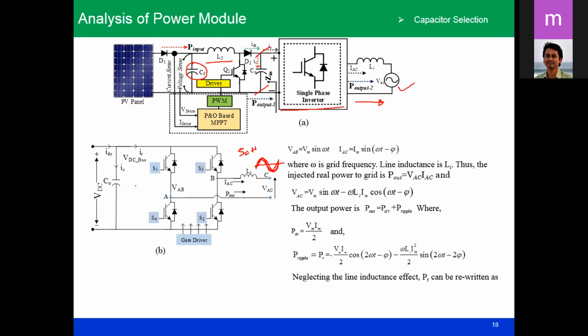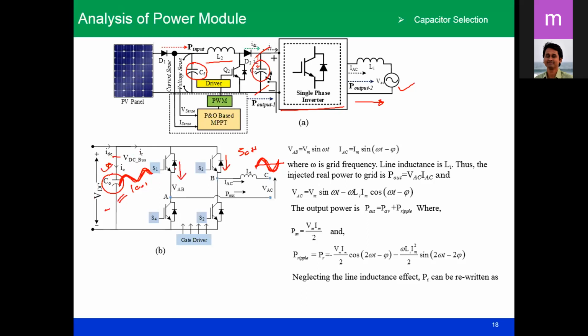So it is 50 hertz, and it is the 100 hertz. The 100 hertz ripple will be present inside the capacitor voltage; if you plot a voltage graph, you see the 100 hertz present. Now the problem is the capacitor value you have to select at the output side of this converter. It should kill this second harmonic, so that it does not impact the life of the capacitor, and it should not impact the switching loss performance of the inverter. So decoupling on the DC side is important.